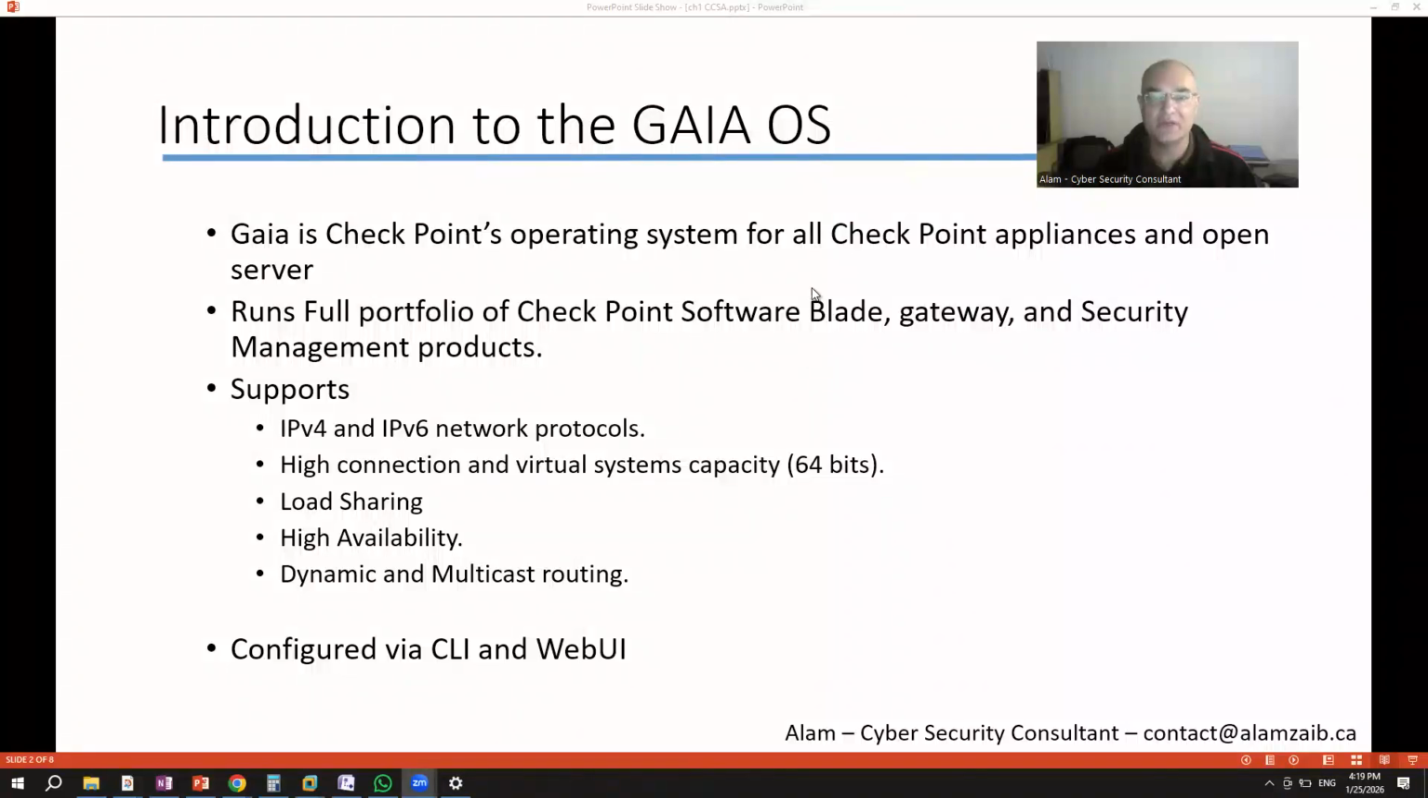Okay, so I'm going to give a brief introduction on the CheckPoint operating system. Basically, it's Linux based, and so it can run on CheckPoint's own hardware, which are called appliances, or it can run on a server. And so this operating system runs the full portfolio of CheckPoint